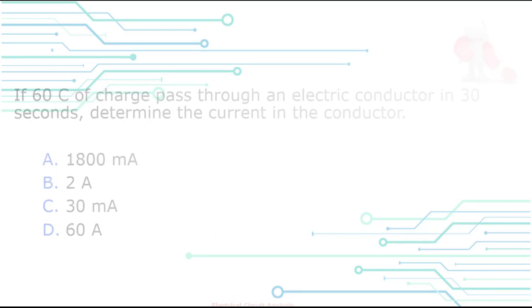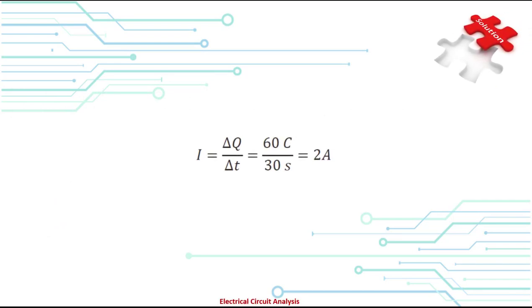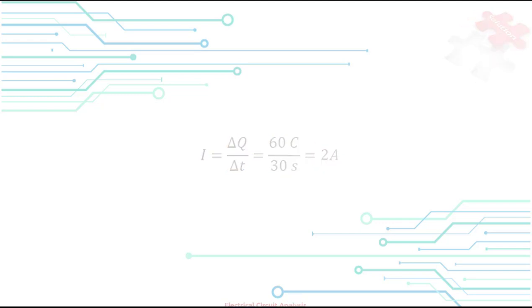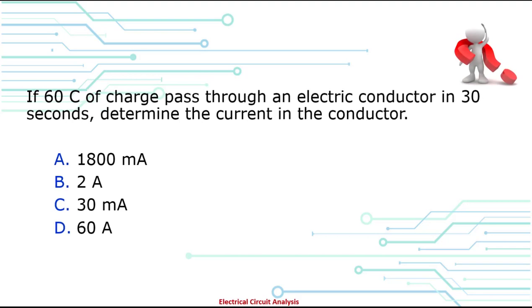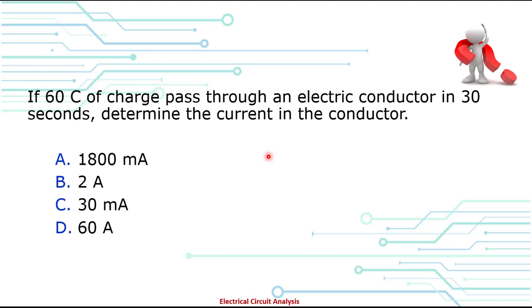I hope you have done your calculation, so here is the answer. Current I is equal to rate of change of charge. So 60 coulombs divided by 30 seconds is 2 ampere. So our right answer is 2 ampere, which is B in this case. So in this unit we have discussed the relationship of current and charge,